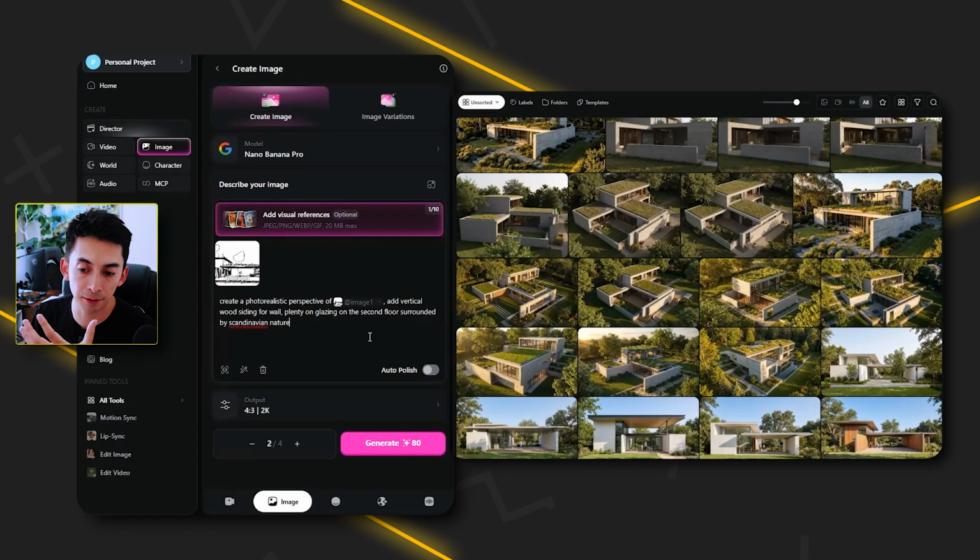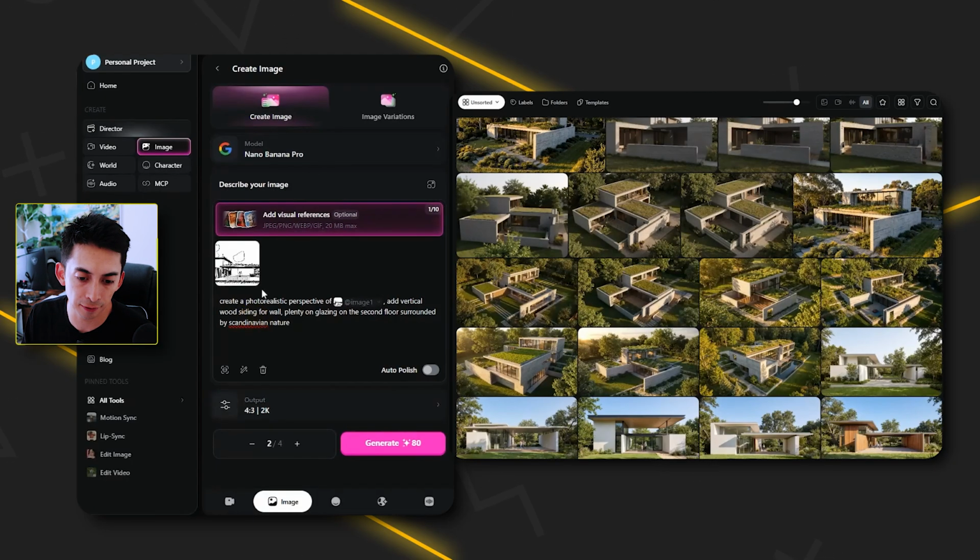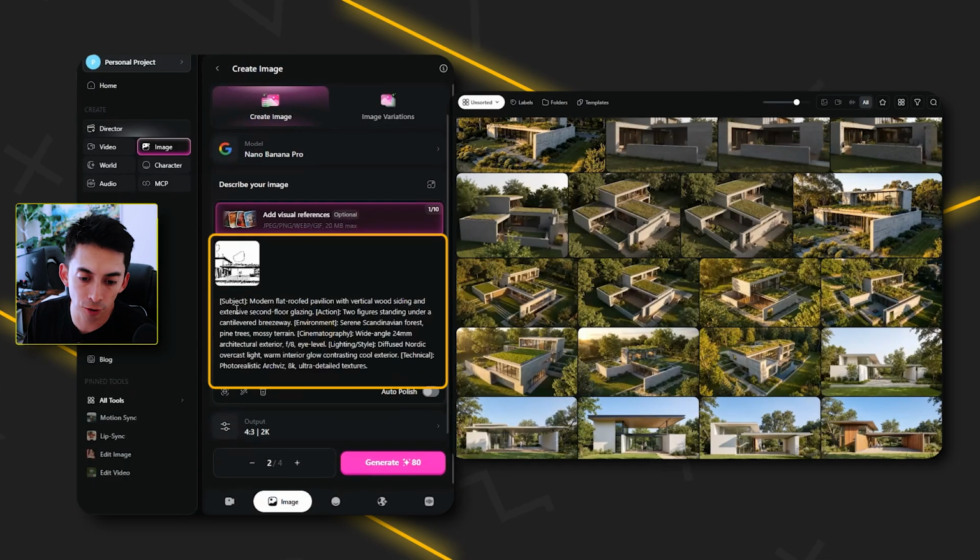So the great thing I really like about this is that, first of all, you can choose a model, right? So I go and pick Nano Banana Pro. I go and give it a description. But the great thing is, later on, you can go here and enhance your prompt. And it's great because it optimizes it to the model. You can also have the auto polish, but I prefer to just have it as manual, so sometimes I can copy my original, so then I can build a library of those. So then from here, you can go ahead, read the new description that was generated, and then you